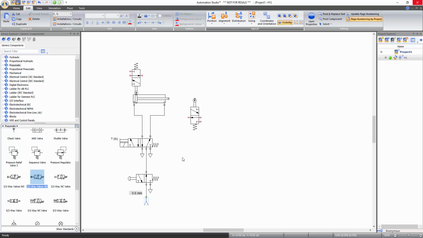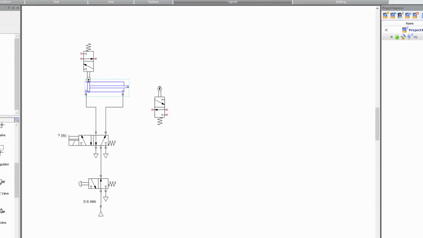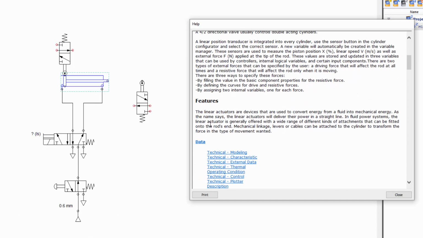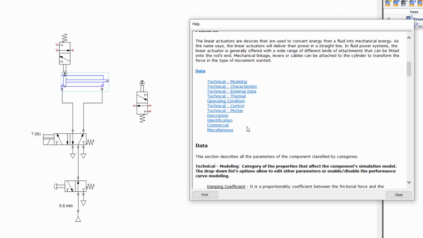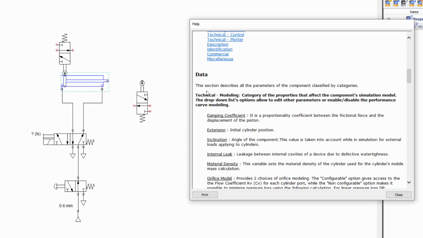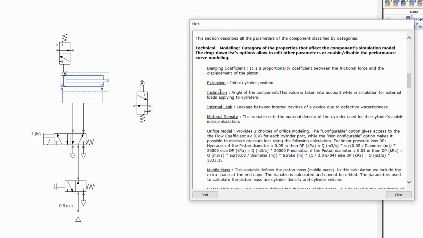All components in Automation Studio also have a help file describing their functionality. Right-click on the component and select Context Help. In this window, you can get information about the operation of the component and its features. This window also provides description of each property of the component available in the Data tab of its Component Properties window, such as properties related to its modeling,